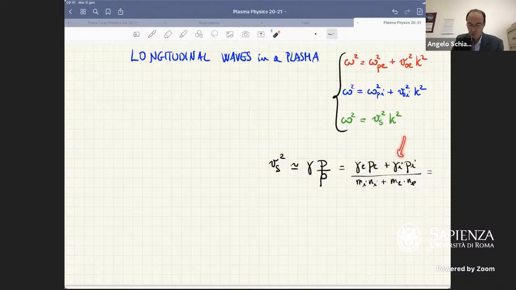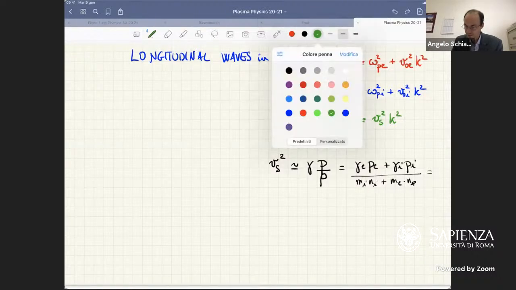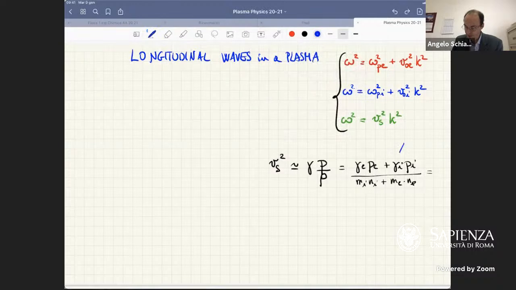So actually we see that acoustic waves are adiabatic for the ions. Let's use a nice color scheme. So we say that these are adiabatic, but they are slow compared to